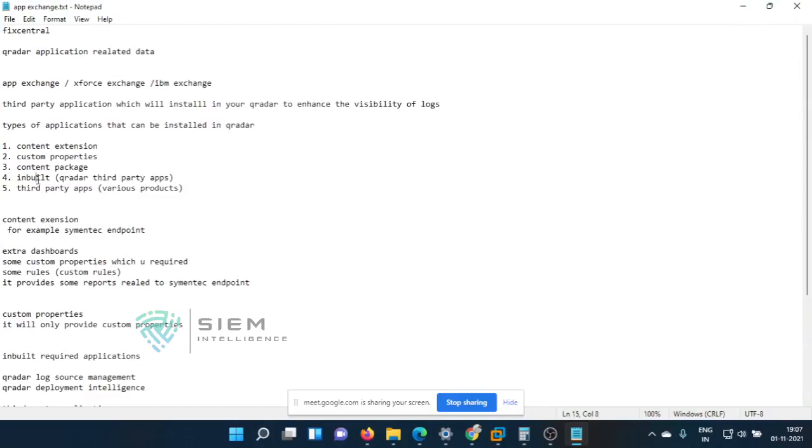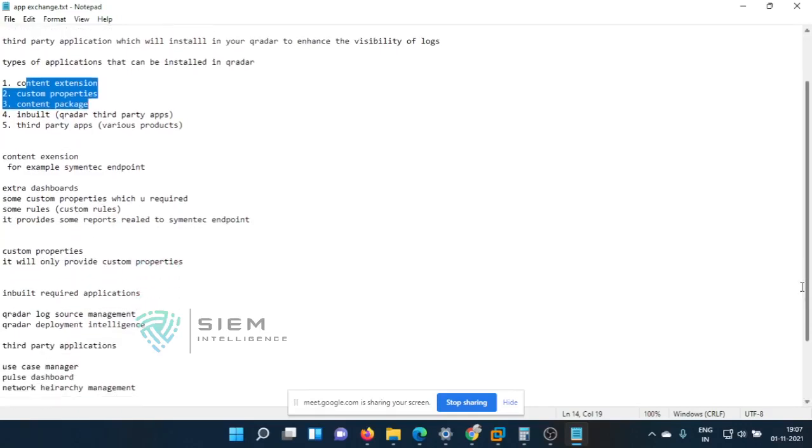Content extension contains dashboards, rules, custom properties, as well as some set of reports. Custom properties will only provide custom properties. And finally, inbuilt applications are something like log source management and deployment, which start with QRadar. If it starts with QRadar, it is an inbuilt required application.